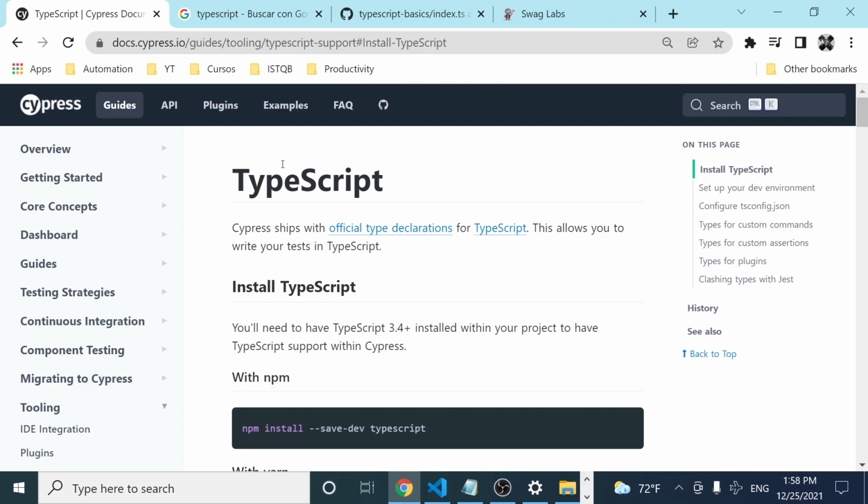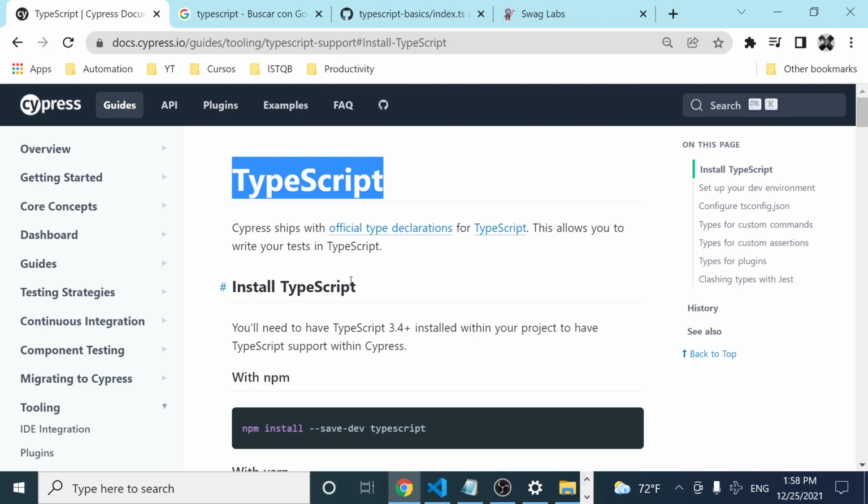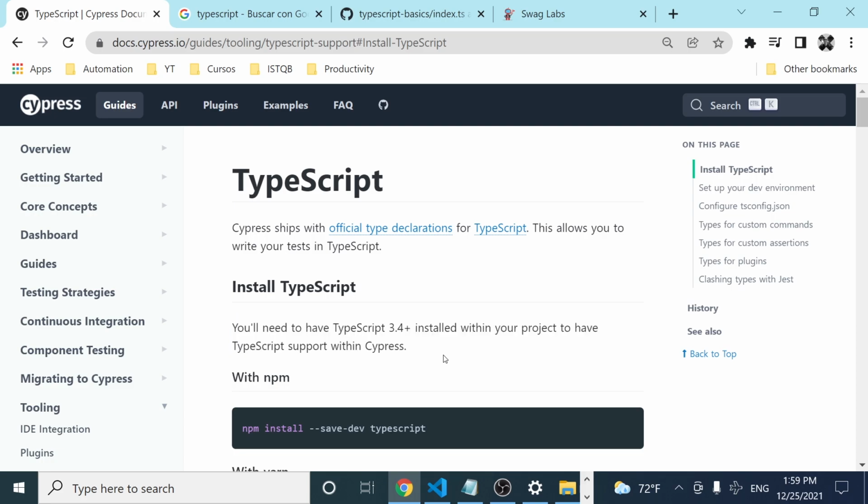Today we're gonna have a basic TypeScript video where we are gonna be installing the TypeScript library, so we can play around with creating custom commands, learning how to use TypeScript together with Cypress, and well, probably you find this useful if you have a future interview or if you want to start using TypeScript together with an automation